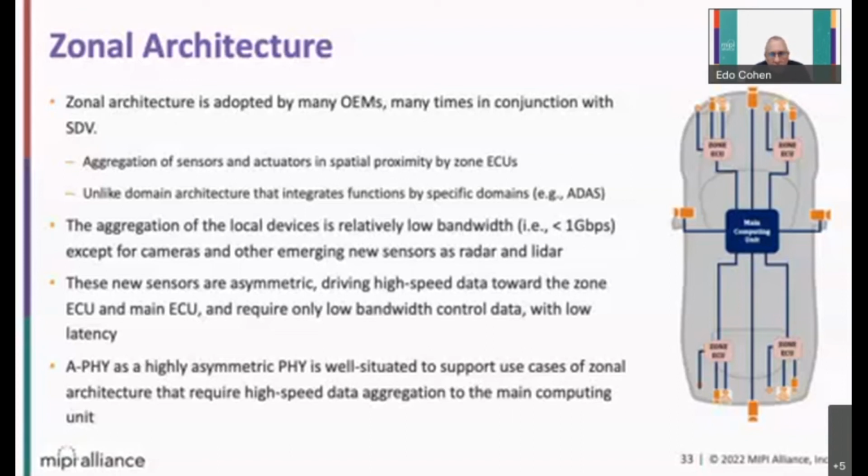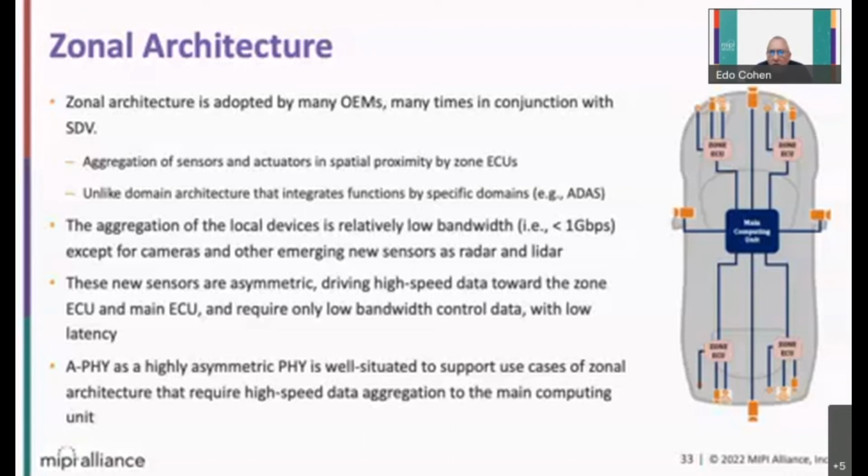So this is the main computing unit, the dark blue, that is connected either directly to several sensors like high-speed sensor cameras, and to zonal units, zonal ECUs, that are connected to the main computing unit with high bandwidth connectivity.